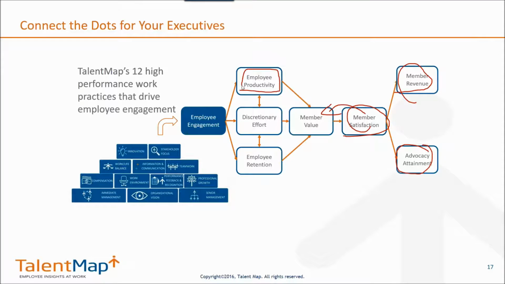Well, three key areas: employee productivity, the association's productivity. Are they actually doing stuff and getting work done? Are they putting in discretionary effort? And are they staying around long enough, and not jumping back into private industry quickly and not really getting the job done, especially when you look at how they impact rules, laws, regulations, because it takes a long time to lobby on particular areas or issues. And we know that engagement drives these factors. So a highly engaged workforce can drive member value and member satisfaction.